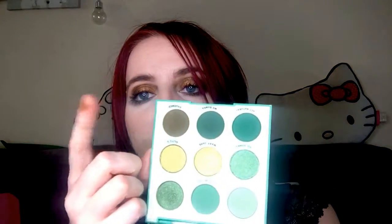I put a little bit of Charmed, which is the only dark shade in the Just My Luck palette, but you can use any sort of brown eyeshadow you have. And then I put this, the Goat pigment, all over my lid with a wet brush. So I actually wet the brush and then dip it in because I feel like that gives me the most